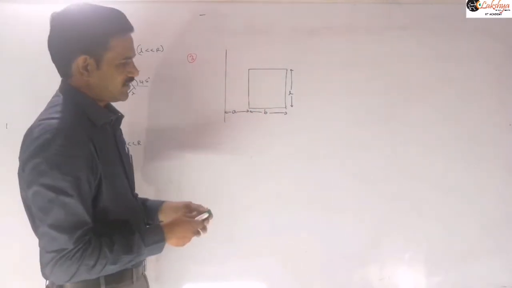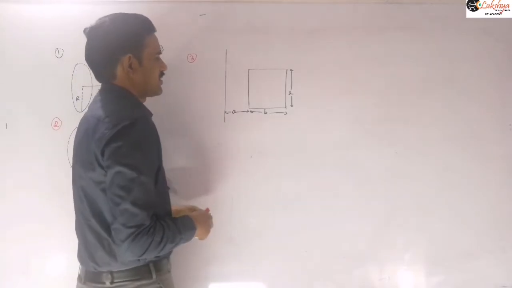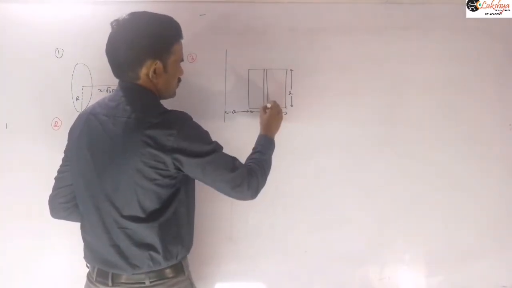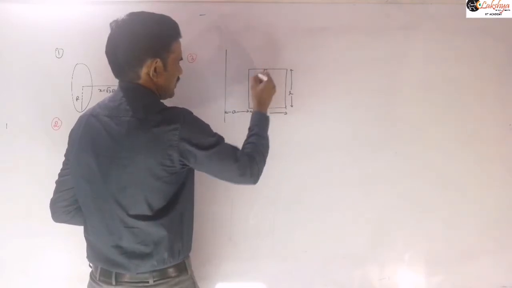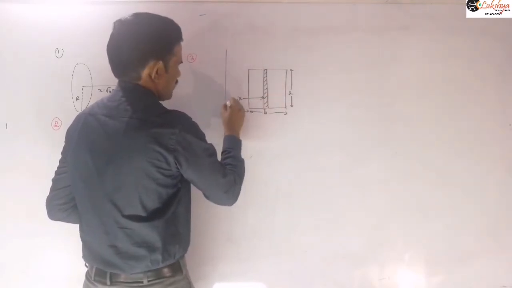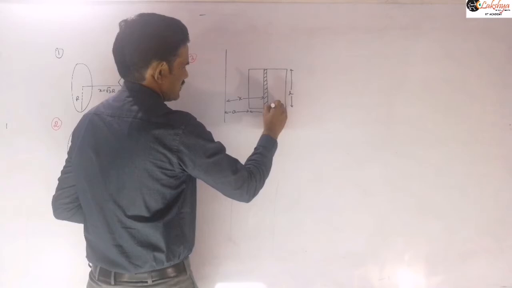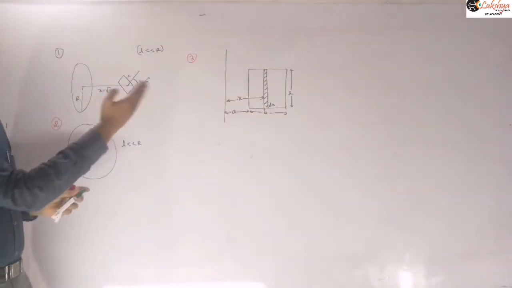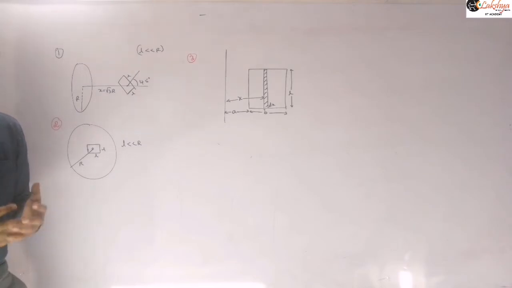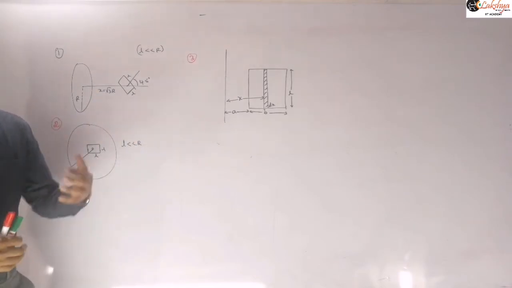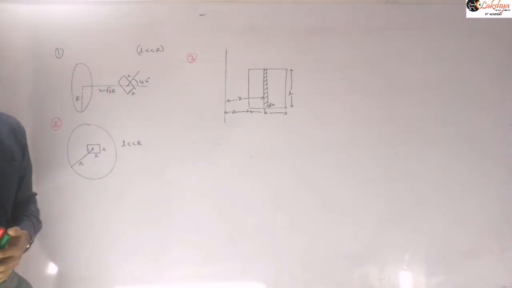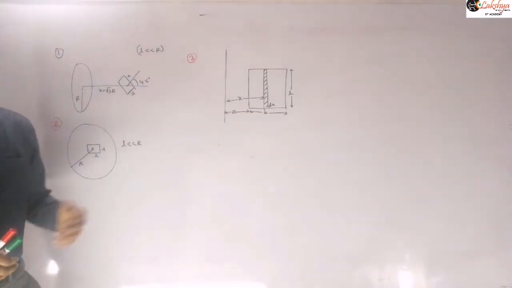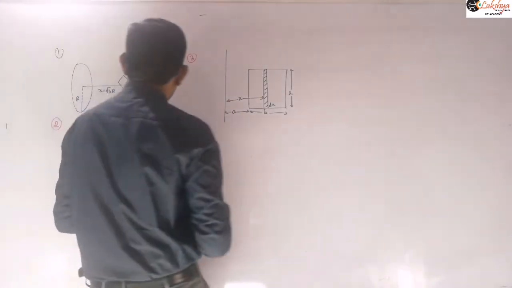Take a small element at a distance x from the wire, with width dx. Write the flux passing through the small element and then integrate it, and you will get the total flux. To find the mutual inductance, our aim is to calculate the flux passing through one coil when current is flowing in the other coil. So you may assume current is flowing in this coil, then calculate the flux passing through the other coil. That is another problem.